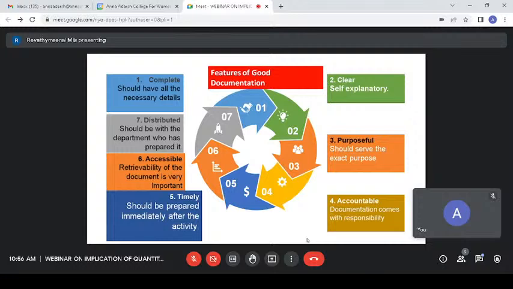Furthermore, the document should be distributed. That is, it should be with the department who has prepared it. That will play an important role. These are the important features of a good documentation that you are able to see. Let's go to the next slide, please. I hope you're getting